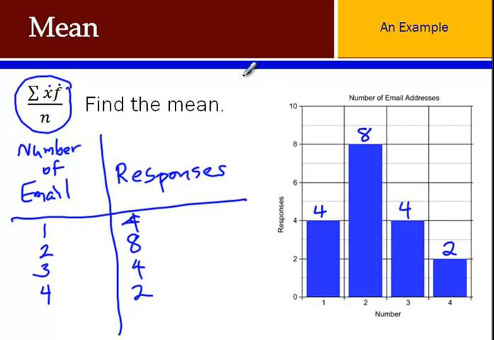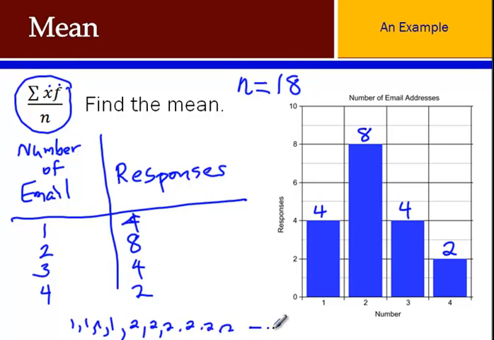So the first thing I like to do is find my N. Remember, that's the number of responses we had total. We had 4 plus 8 is 12, plus 4 is 16, plus 2 is 18. So 18 students responded to the survey. Now, this frequency table that we have here is the same as listing out, well, there were 4 people who said they had 1. List out 4 ones. And then there were 8 people that selected 2, so we could list out 8 2s. And so on. So we could go on and list out 4 3s and 2 4s,